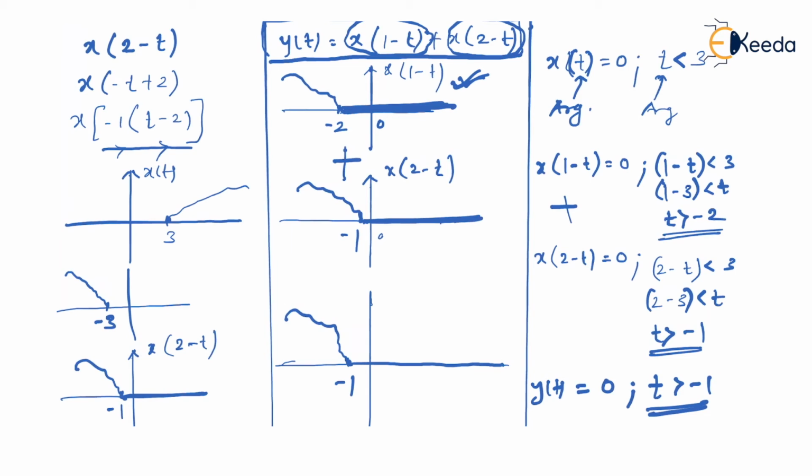Even by using this method, it becomes quite easy. Is that right? I'm sure you have understood this question. The only mistake that we made is that instead of writing t less than 3, we wrote t greater than 3. And again, if you make such mistakes in the GATE, then it is going to become a problem for you. So you have to be very alert when you are copying the question. Okay, so let's move to the next question now.